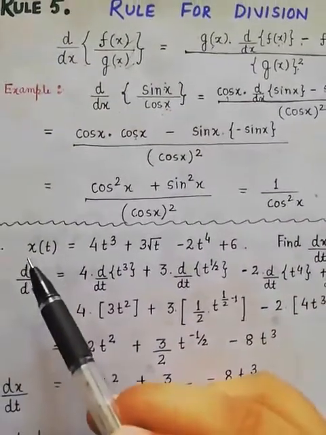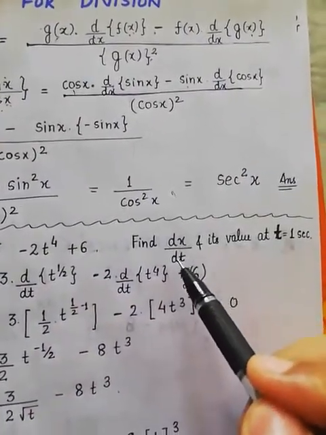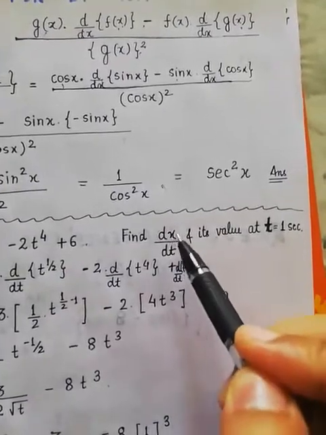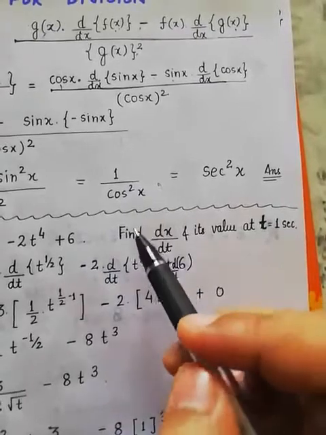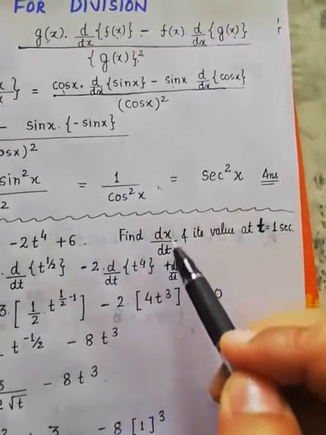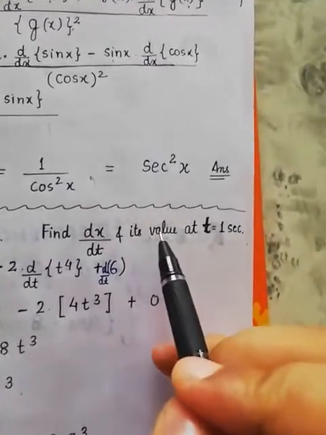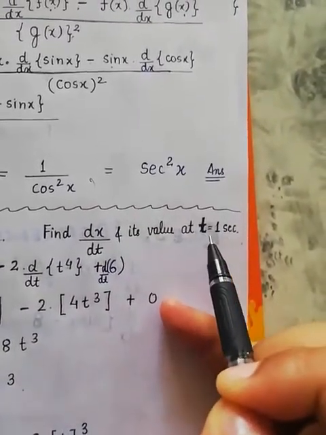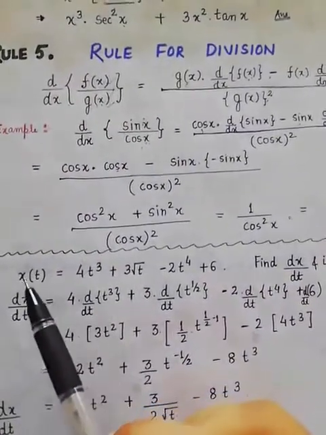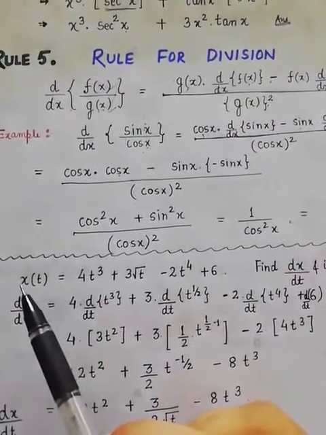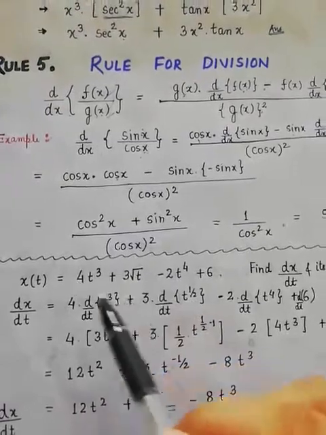If I consider this x as a displacement, then dx is the change in x, and dt is change in time. So change in displacement upon change in time, what do you call this? Velocity. So if I ask you to calculate the velocity, this is nothing but differentiation of this displacement with respect to time. And you have to calculate its value at t equals 1 second. That means when the time is 1 second, what is the value of velocity of this object which has a displacement with a particular time as like this, okay?